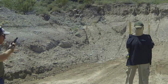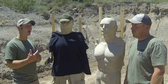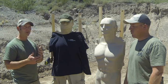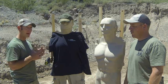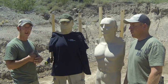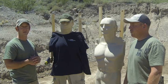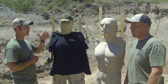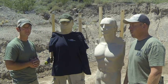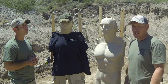In this case, this particular target does have a firearm, which of course justifies use of lethal force most of the time. We have some scenarios where we set up where this may or may not be the justification that someone's looking for, and we can put other objects in their hands: screwdrivers, cans, cell phones. So it really gives us an opportunity to work through shoot, don't shoot with a little bit more realism in our training. And these targets are also made out of a fairly heavy-duty material, and they'll stand up to quite